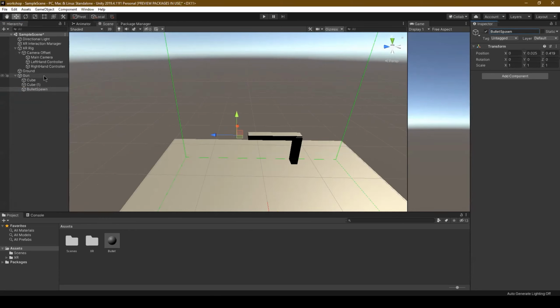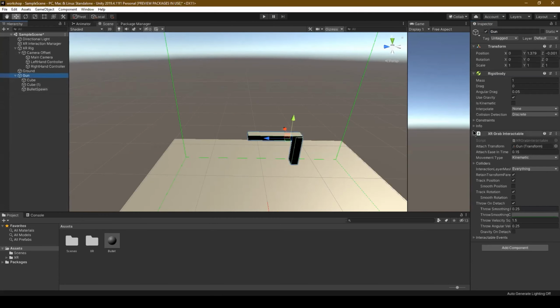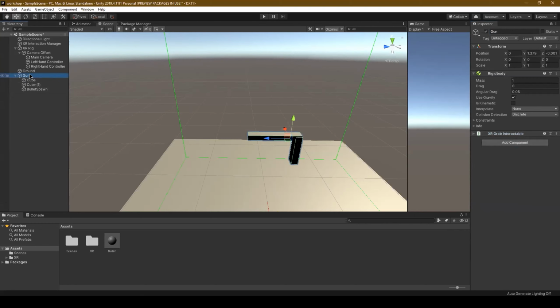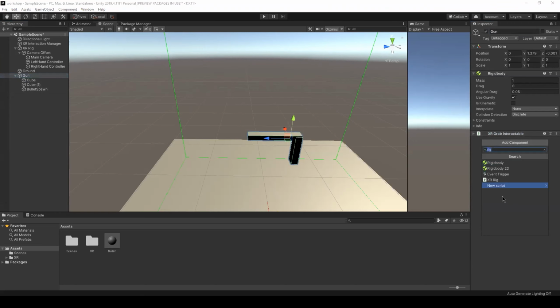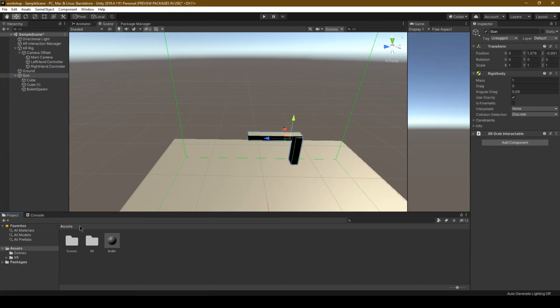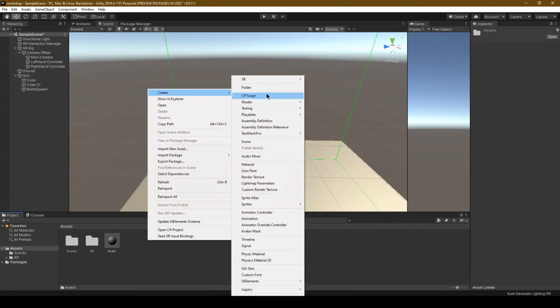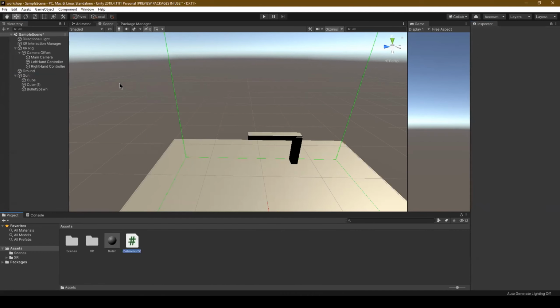And we're getting to the fun part, which is scripting. So I'm going to go back to the master gun object, click add component. I'm going to make a new script called shoot. You just type it in here, and there will be an option called new script, or you can just go to the assets part and right click, create, C# script. Either process is fine, but if you do make it in the assets,